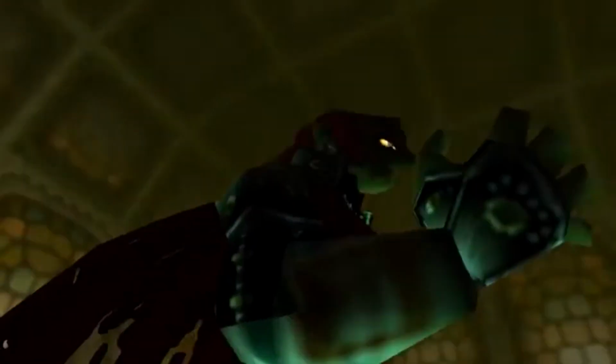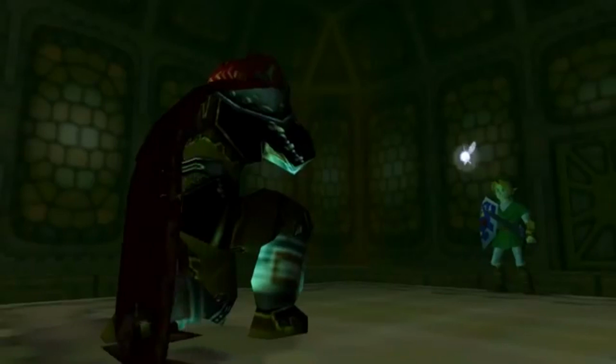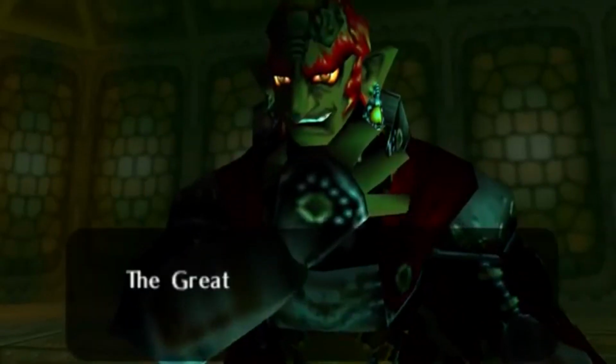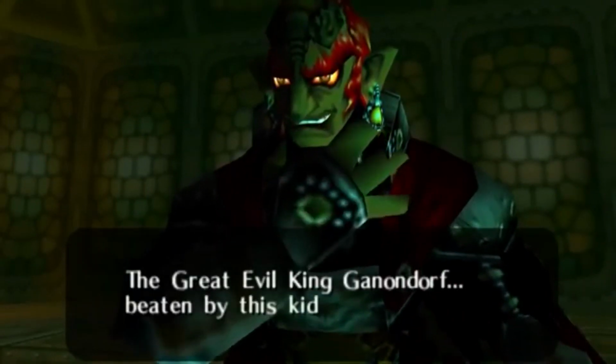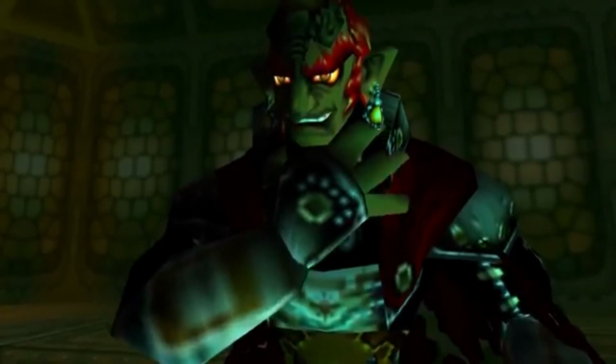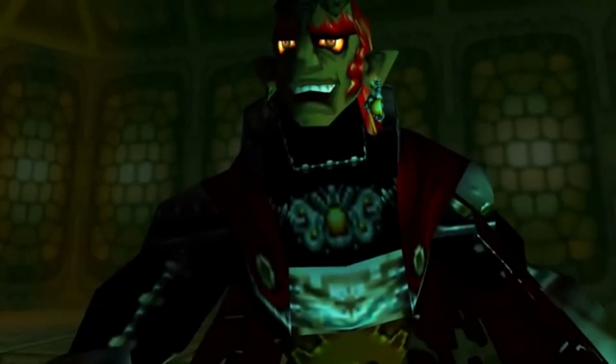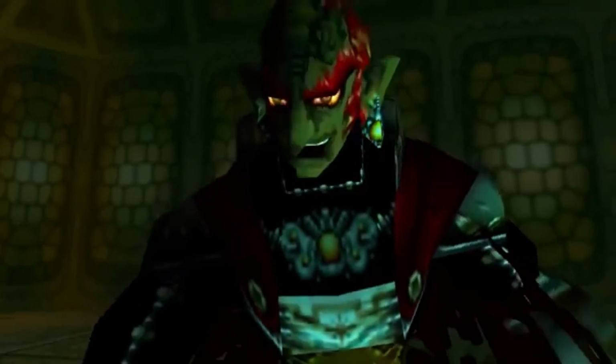The last lines of dialogue that are of any significance regarding his personality are said by himself and Zelda right after his defeat by the hands of Link, and after he has been sealed by the 6 sages. When Link strikes him down, he is shocked that someone so mighty and great as he considers himself to be was beaten by a kid.